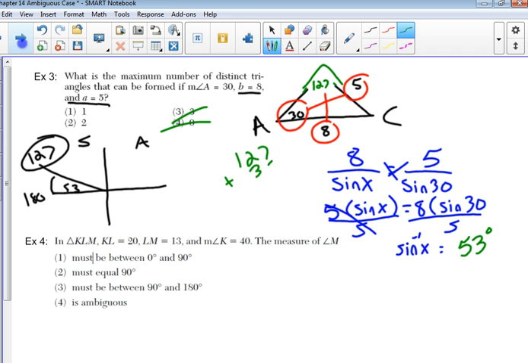127 plus 30, right? Oh no, this is fine, 157. That's good. We're still under 180. So this means both of these work, 127 degrees and the 53 degrees would be both possibilities. So that means that two triangles exist